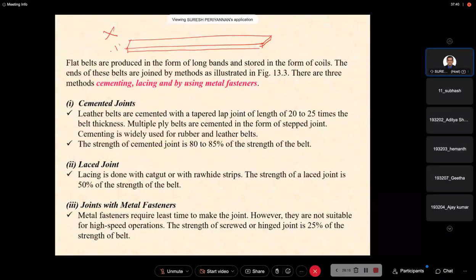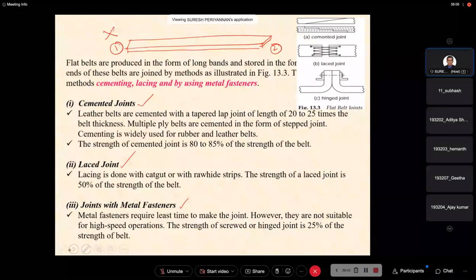Then end 1 and end 2 have to be connected in an appropriate manner for transmitting the power. Based on that connection, we are going to classify different connections. One is the cemented joint, the second one is the laced joint, the third one is the joint with metal fastener. We will see how we are connecting. Now the first one is